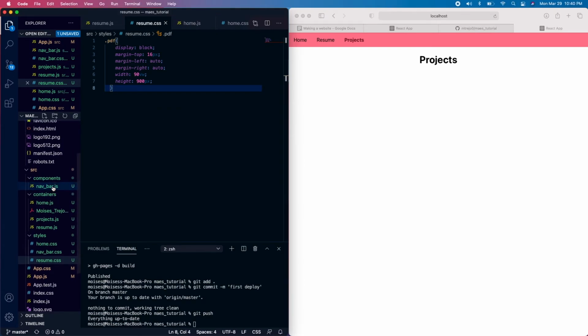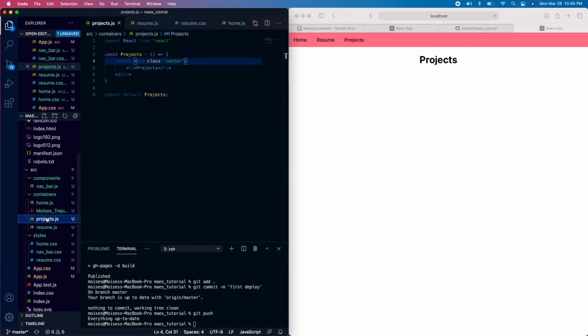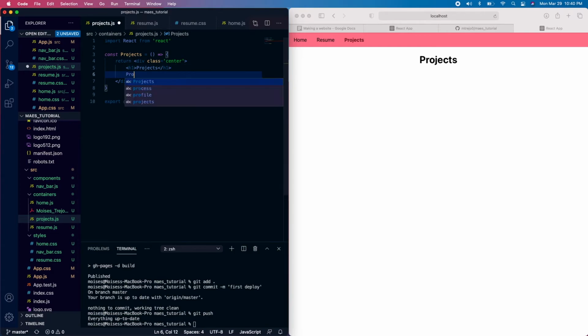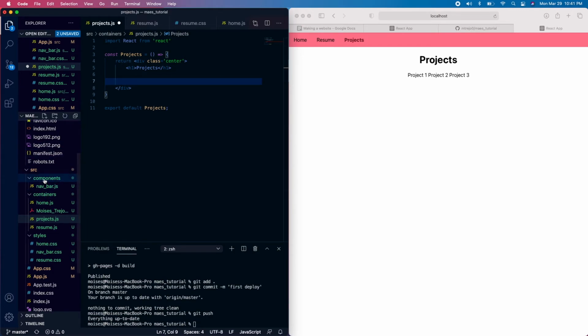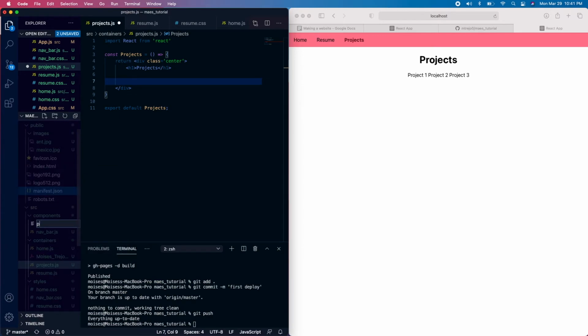And the simple way to do this is to just go into projects, and then you can just add project 1 and then project 2 and so forth, but this is a little tedious. We want to make something that we can reuse. Computer scientists never do anything twice, or else they're bad computer scientists. We're going to make a reusable component. I'm going to call this